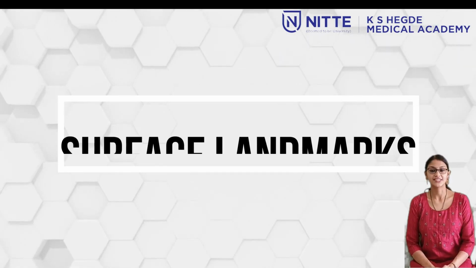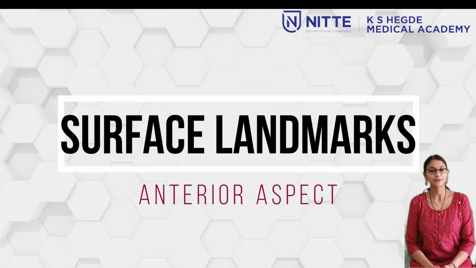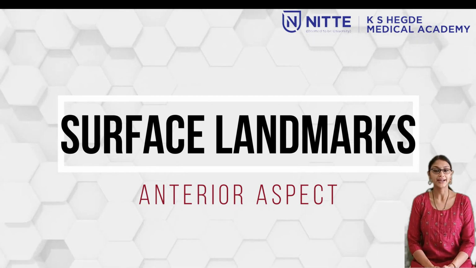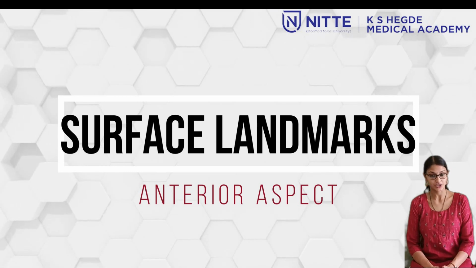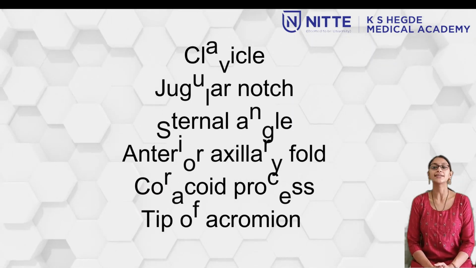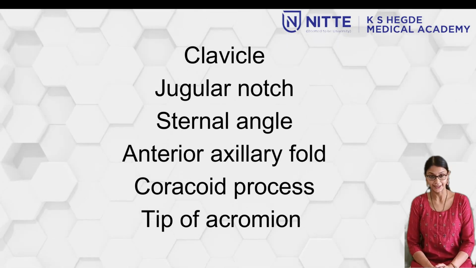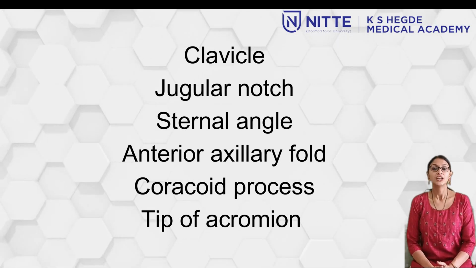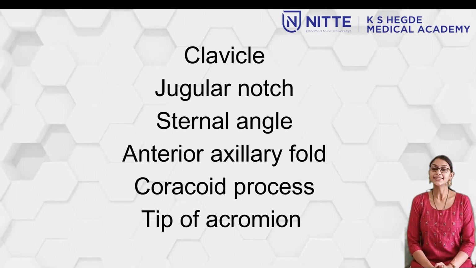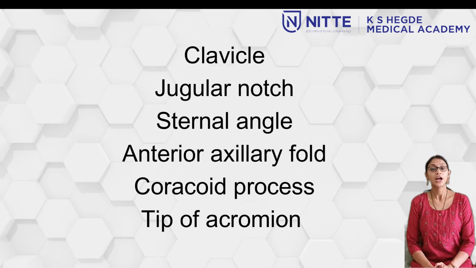At the end of this session, students should be able to identify and demonstrate the important surface landmarks of the anterior aspect of the upper limb. The surface landmarks from the anterior aspect of the superior extremity include clavicle, jugular notch, sternal angle, anterior axillary fold, coracoid